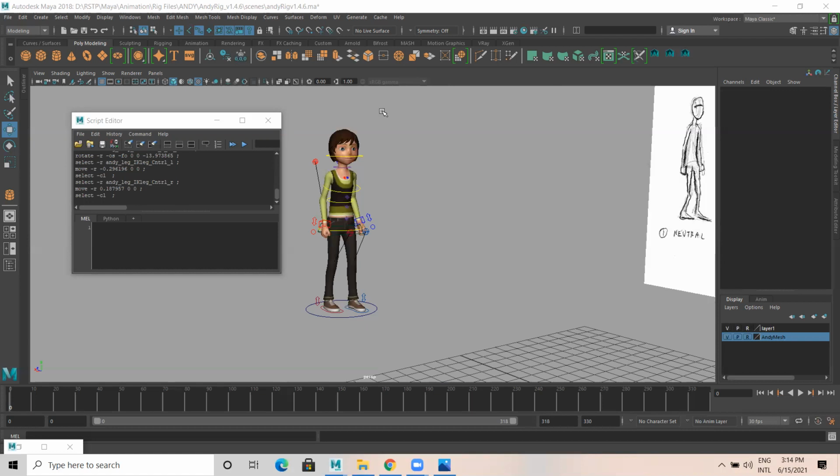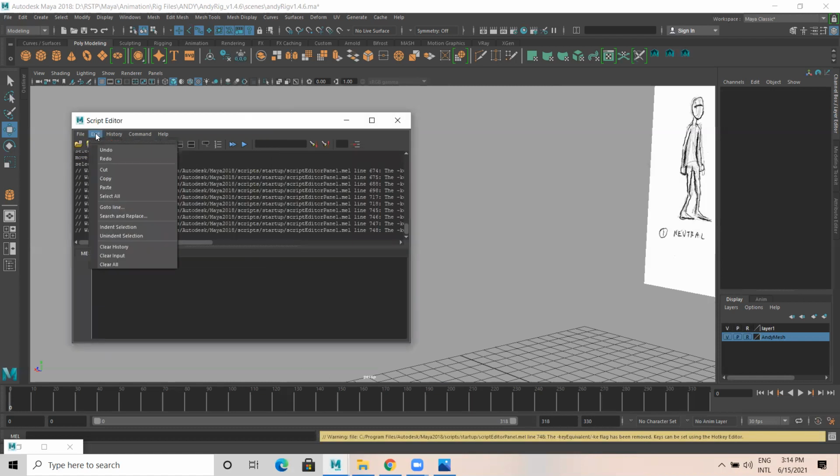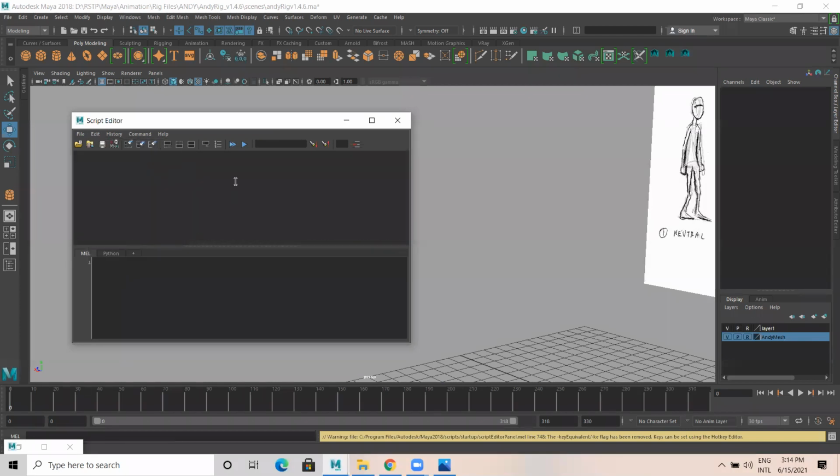Whatever curves we normally animate, at least you need to select all of those. So here in the script editor, what we have to do is Edit, Clear History. Make sure nothing is there. So what the script editor will do, it will